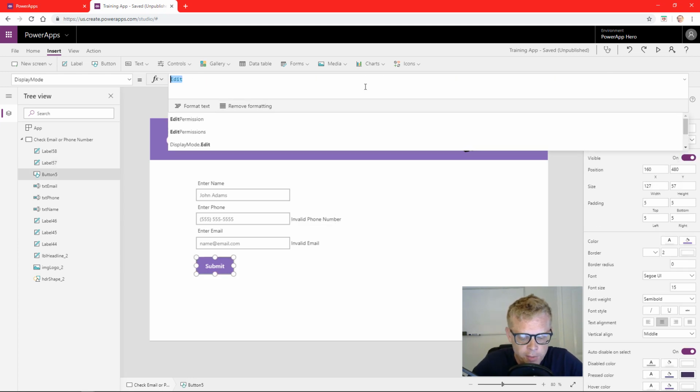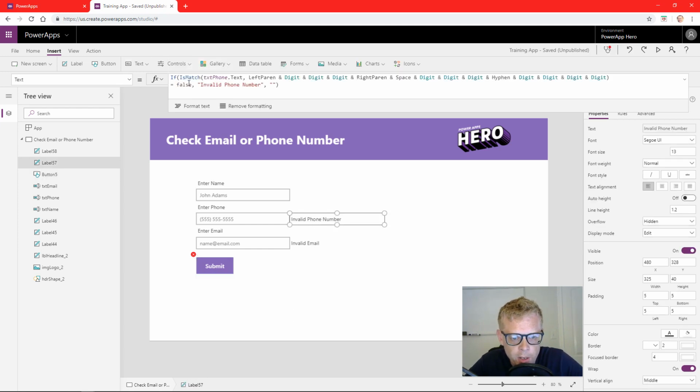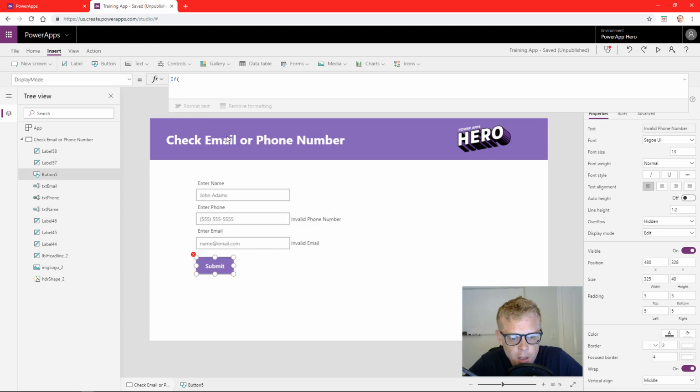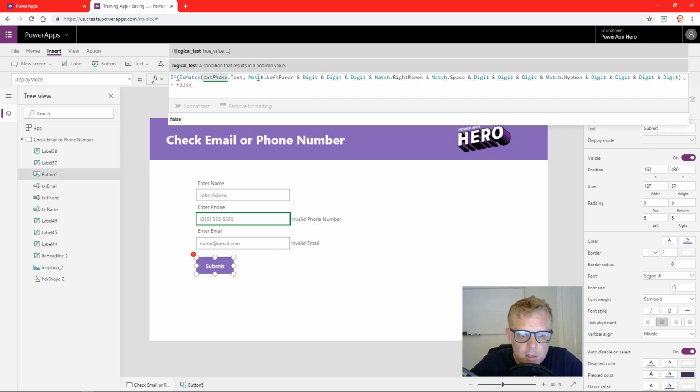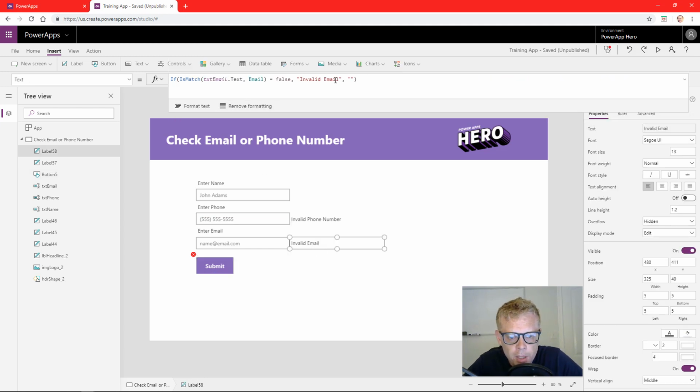And we're going to add an if statement. If, and I'm just going to pick up the formula within here. If IsMatch, and then that string equals false, or